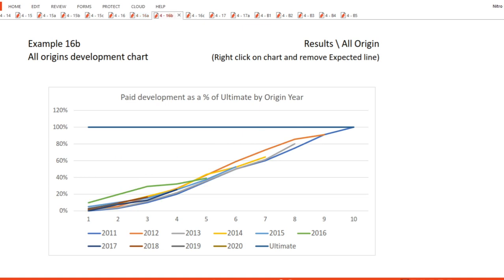This all origins chart is setting off alarm bells for me again. It's clear that our data is quite stable but also quite long-tailed. We clearly don't have enough historic data to enable all claims to have completed their journey through the policy lifecycle. We can see claims development still being strong by the end of the triangle, and we've not applied a tail factor at all. In this case, we need to go back and reassess our curve fitting to get reasonable results